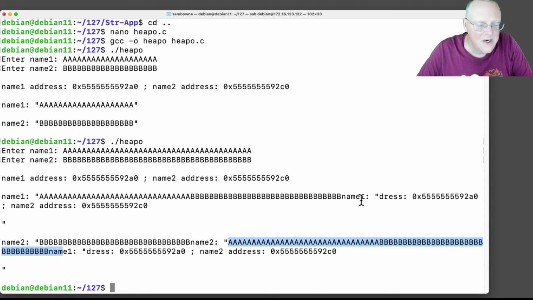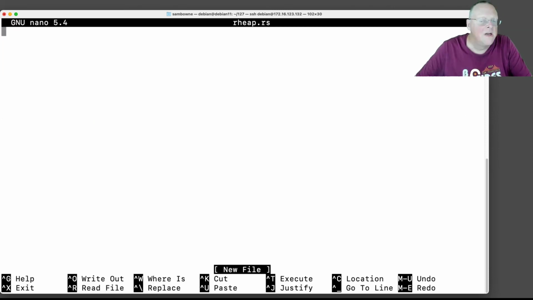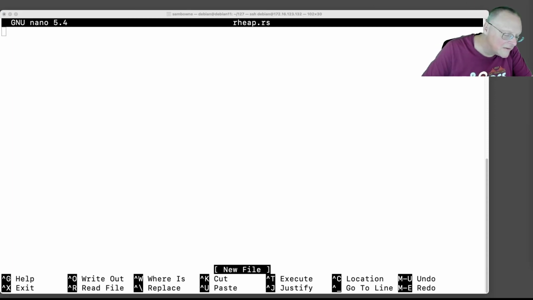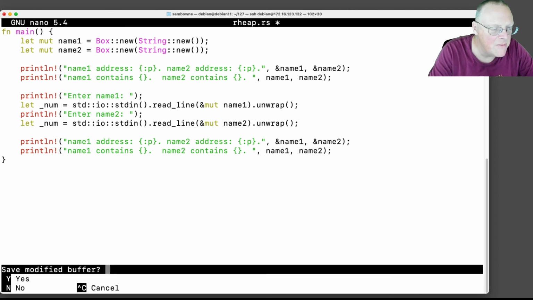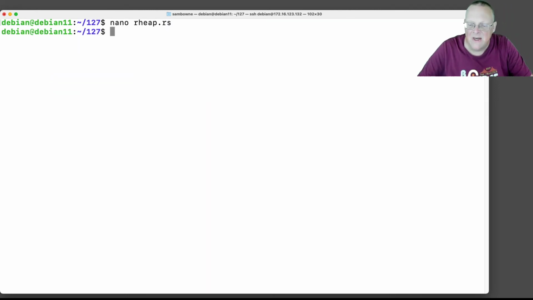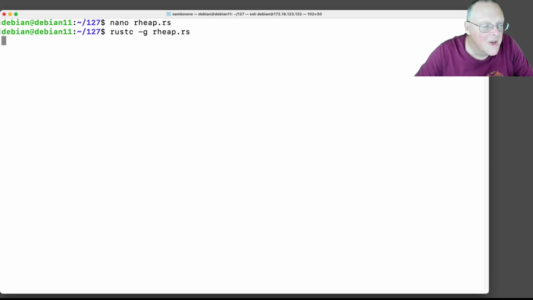So, you can do it in Rust here. So this is how you make it go on the string with this box stuff, and then you can read input from standard in to read them in. So it's very much like C code. And so if you compile it and then run it,